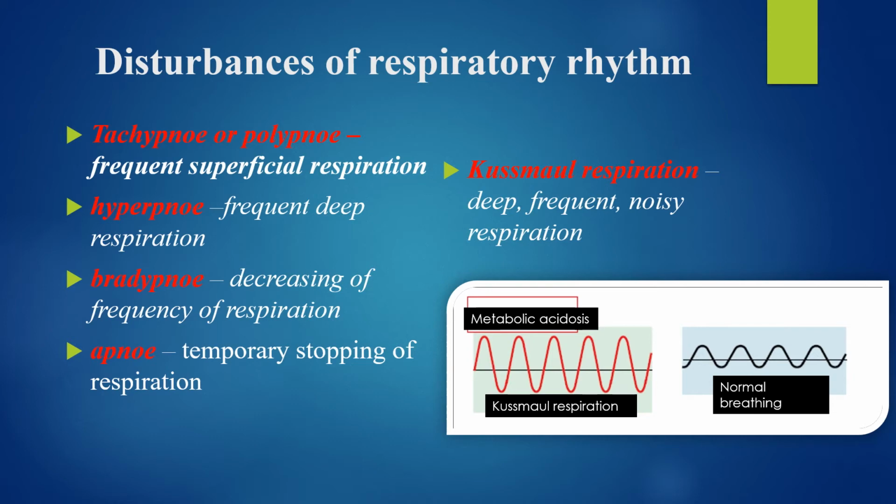And at last you see here apnea, a temporary respiratory arrest. It's a stop of the breathing. The cause of apnea can be a sharp decrease in the carbon dioxide content in the blood, for example, after prolonged hyperventilation. Some types of anesthesia, for example, anesthesia by chloroform, barbiturates, etc., have a strong inhibitory effect on the respiratory center and can lead to respiratory arrest.